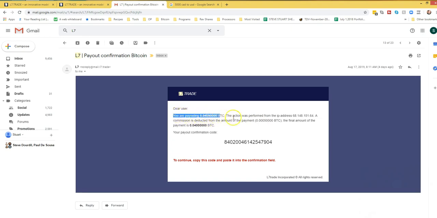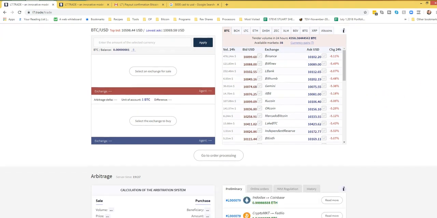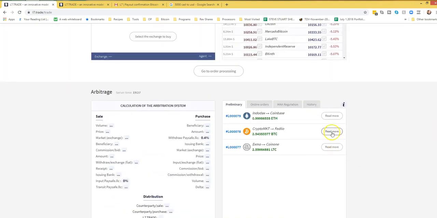Again, I'm not giving financial advice. Obviously don't invest more than you're willing to lose, because with any crypto program, there is a degree of risk. So you look at the risk and you decide if it's for you. It may not be for you, right? It may look too shady, or it may look awesome, right? Like in my opinion, the amount of transparency, if you can go down in here, I can show you guys,